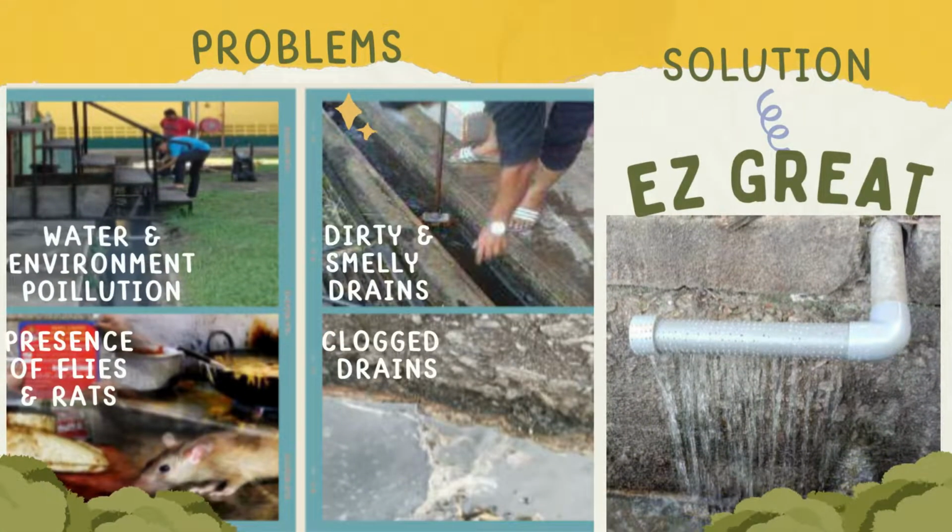The problem of smelly, dirty, and clogged drains is a common occurrence in home and food premises. Due to those matters, we have created EasyGrade. The idea or concept was based on the urge to help and contribute to the development of green technology and the sustainability of a natural and better ecosystem, without having to think about the time and cost of conservation